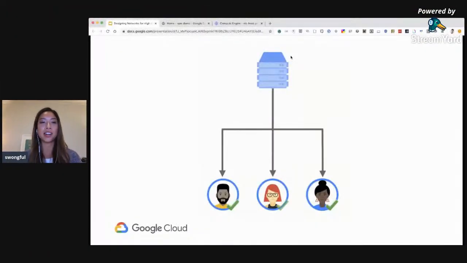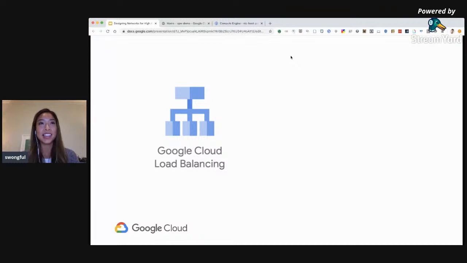So first, I kind of want to talk about high availability and how to design that into your architectural landscape on GCP. As you know, modern high traffic websites serve hundreds of thousands, if not millions, of concurrent requests for users and clients, and they're supposed to return the correct text, images, video, application data, whatever it may be, in a very fast and reliable manner, as I'm sure that you are all familiar with building your own applications. Now, the challenge here is that it's difficult to make that happen at scale.